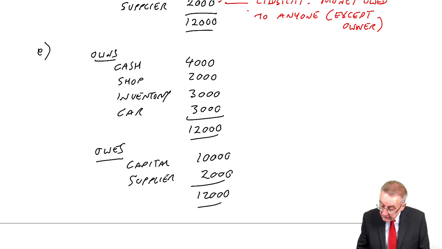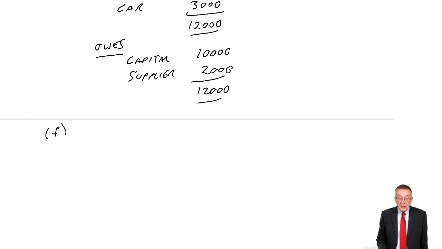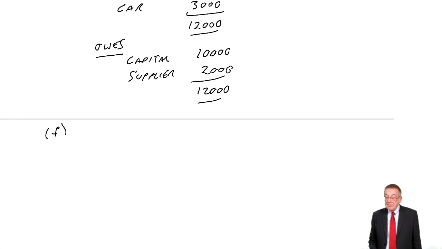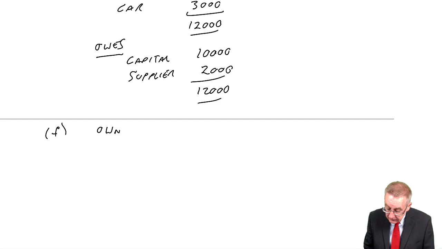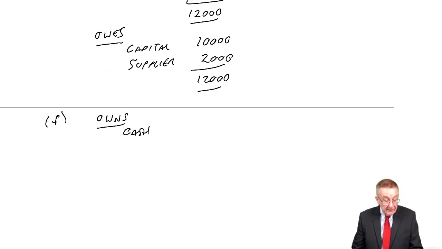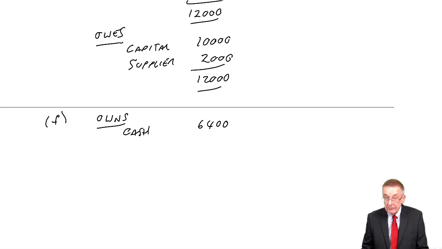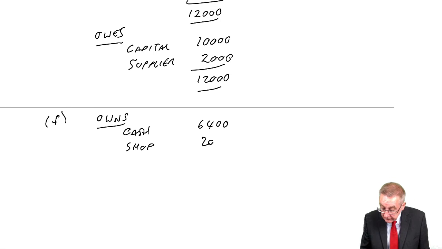F. This is a fun one. We sell half of the goods for 2,400 cash. So, what do we own? First effect, the cash goes up. The cash was 4,000. We sold goods for 2,400, so the cash goes up to 6,400. We've still got the shop. We've still got the car. But the second effect